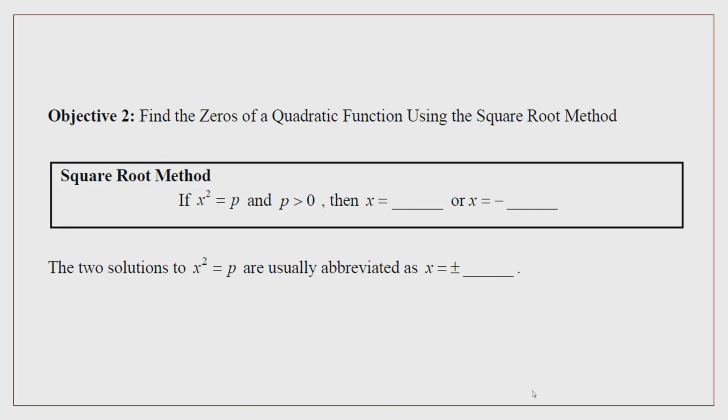Objective number 2. Find the zeros of a quadratic function using the square root property or square root method. The square root method states that if x squared equals p and p is greater than 0, then x equals the square root of p, or x equals the negative square root of p. So we sometimes write this as plus or minus square root p. The two solutions to x squared equals p are usually abbreviated as x equals plus or minus the square root of p. So, for example,